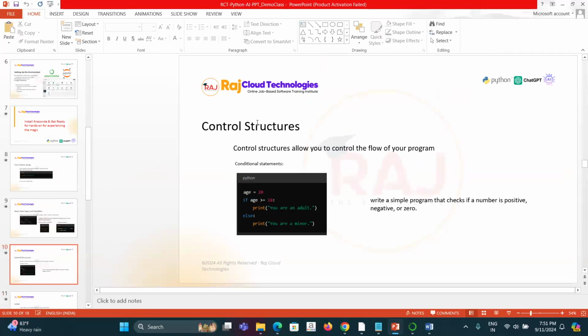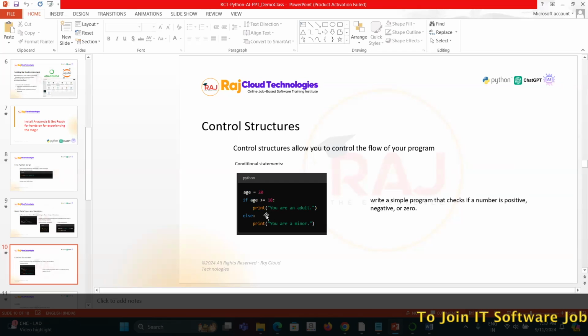The next thing is control structures. In programming, control structures are a very, very important thing. Based on certain conditions, you want to execute certain lines of code. For example, somebody has voting rights. You can have multiple people from a village, all getting enrolled into your database, and based on age, you want to say whether that person is eligible to vote or not, whether he's an adult or not.